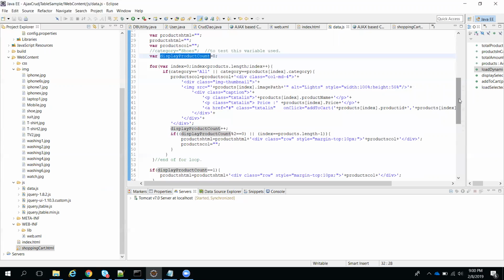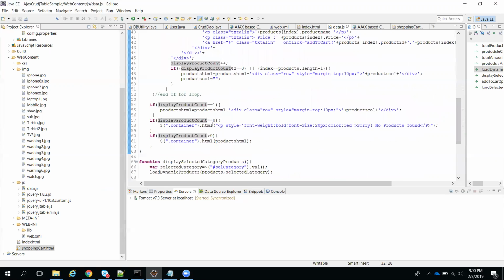If the display count is 0, what do we need to do? That is one scenario. If it goes in only one time, then display count equals 1. Suppose display count is greater than 0; these are the different scenarios. If it equals 0, what do we do, and if it equals 1, what do we do.